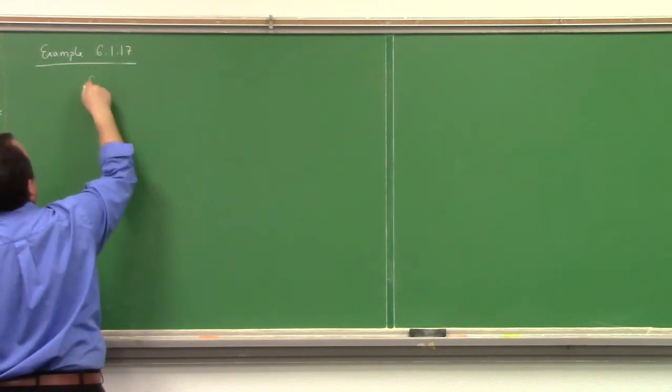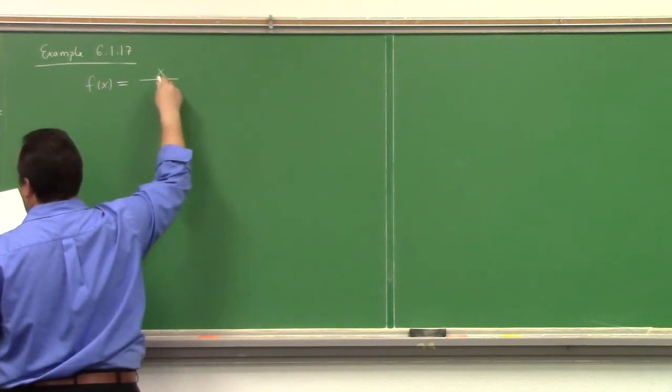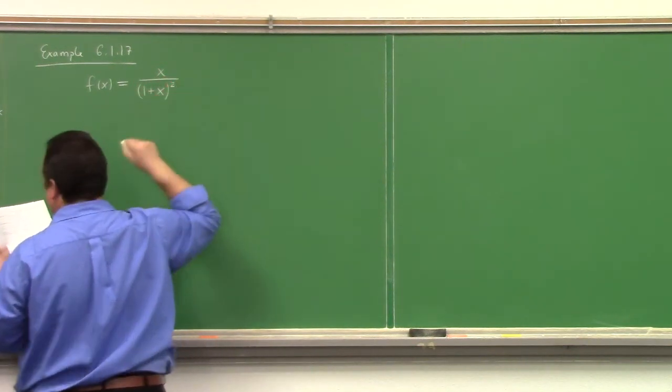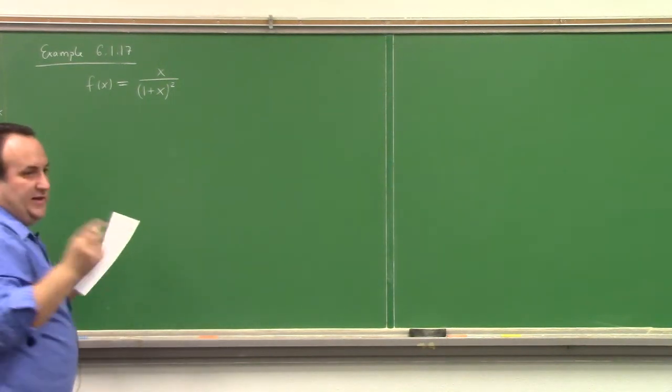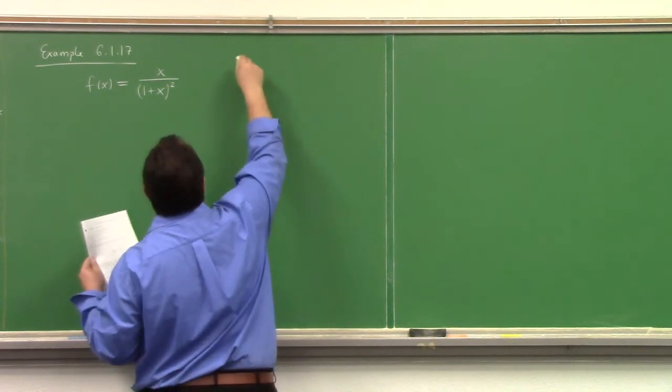So here we have f of x equal to x over 1 plus x squared. All right. And I'm actually going to go ahead and draw the sign chart for this one right off the bat. So this is either